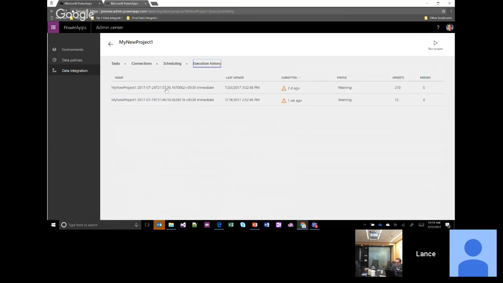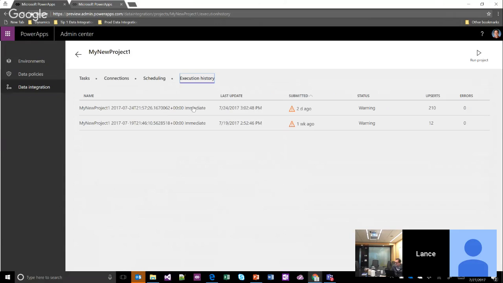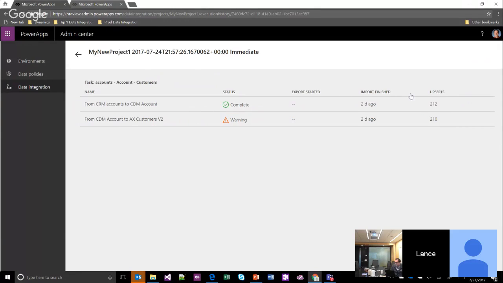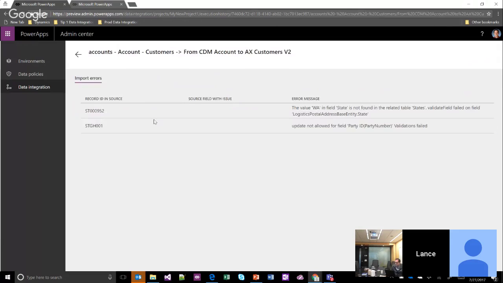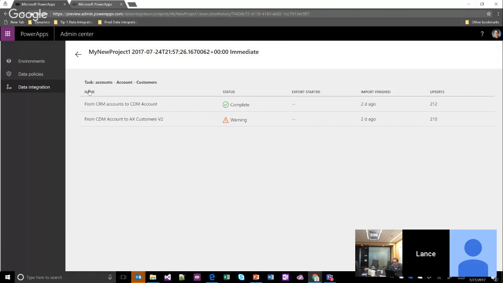And very quickly now, once I have a project and I have run it, the point here is that I can schedule it to run, so I can have it run on a recurring schedule. Let's go back to execution history. You can see these that have run previously. Here I have 210 upserts that took place with no errors. And that's always the first leg ran fine. Going into AX, there were some issues, but I can easily see what the issues were. So in here, I can see that one of my mappings was not right. I get a detailed set of errors as to what was actually going wrong.